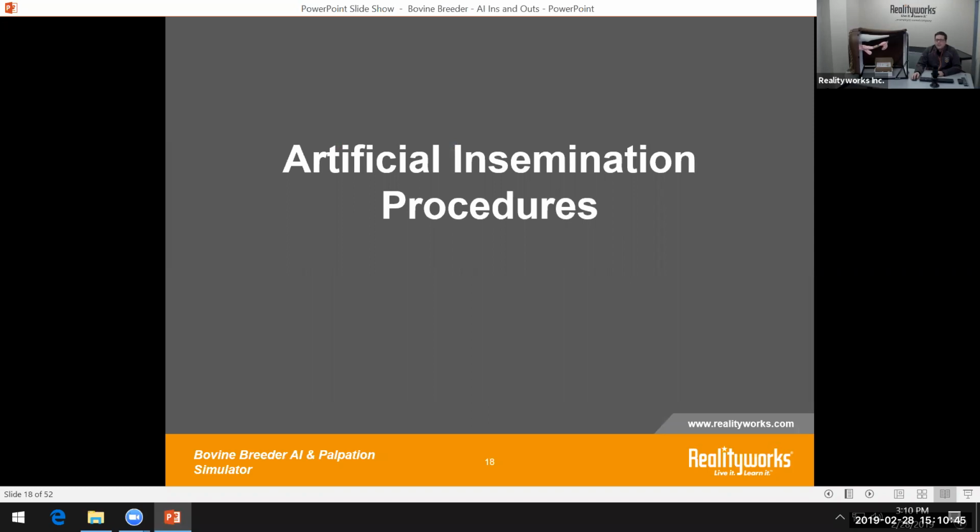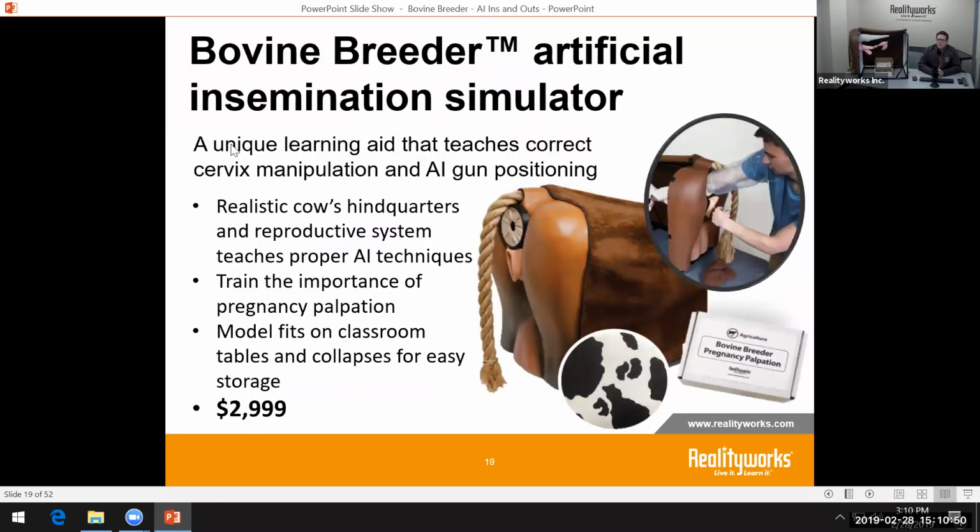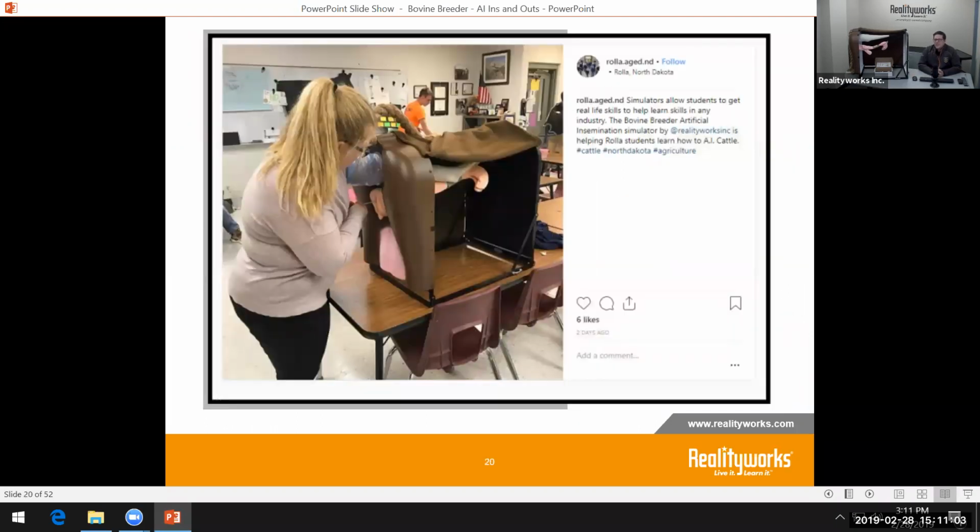So let's talk about some of the artificial insemination procedures. So again, our Bovine Breeder is an insemination simulator. It gives the opportunity to actually do the correct technique of artificially inseminating, and I'll be showing you that in just a little bit here. So this is an example. This is off of a Twitter account where we were able to see students doing this in the classroom,